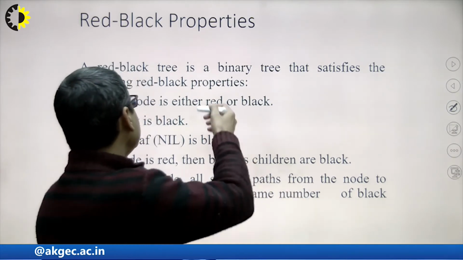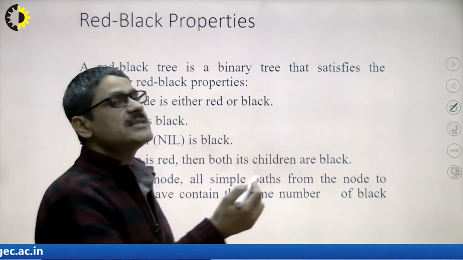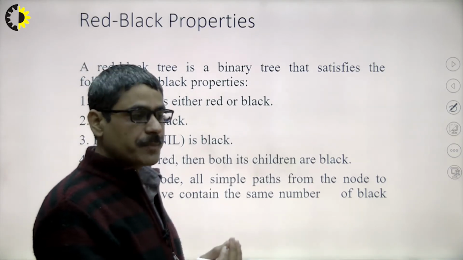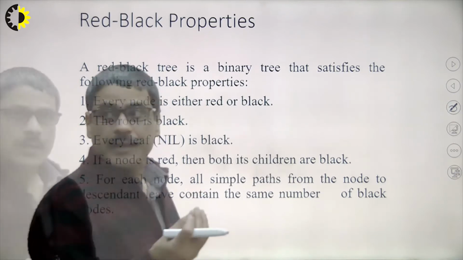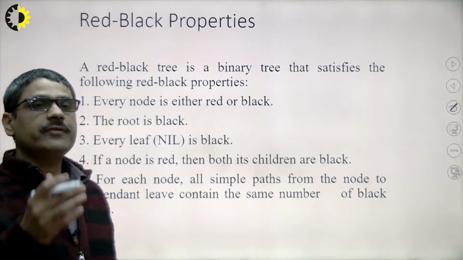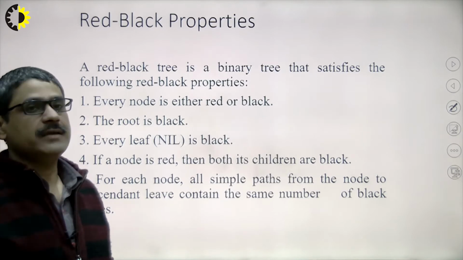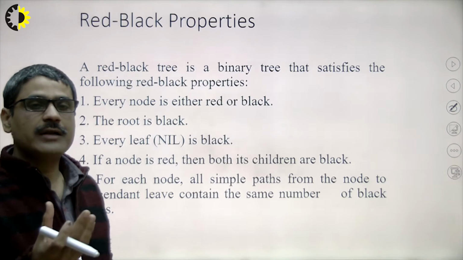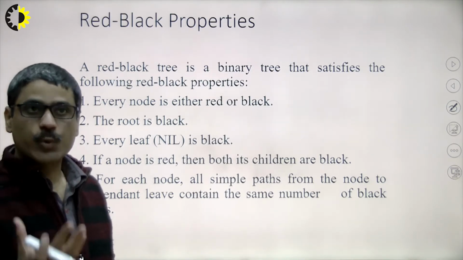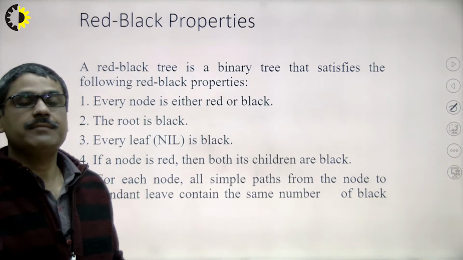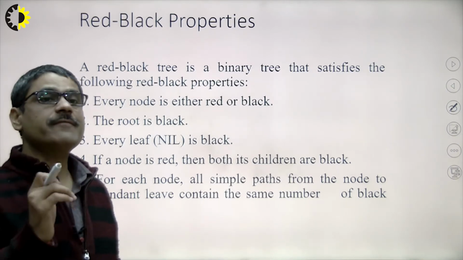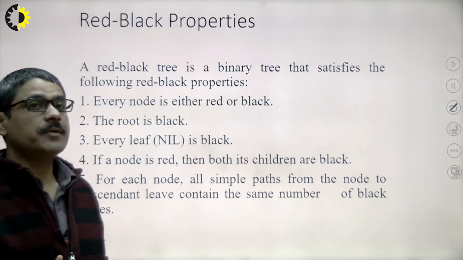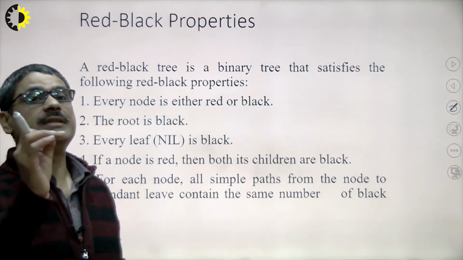If you look at the properties of this red black tree, they are sequenced 1 2 3 4 5. If you take any red black tree which is growing, these properties are associated by sequence. So the fifth property is the last thing you can evaluate in that tree, and the first property is essentially associated with the empty red black tree.